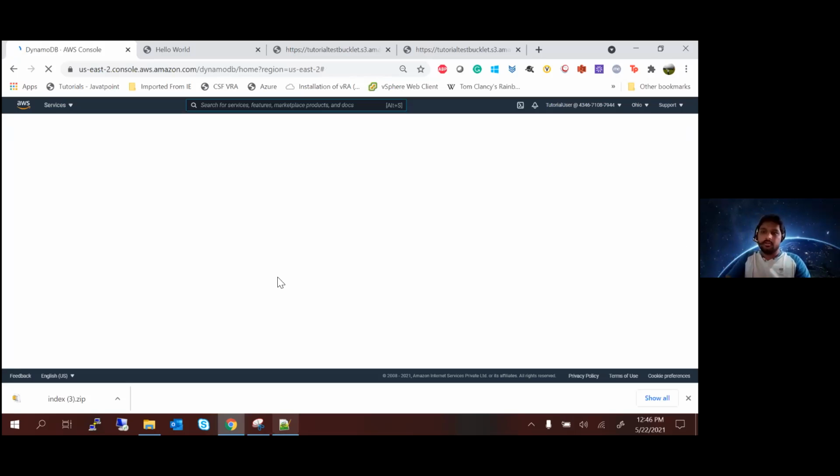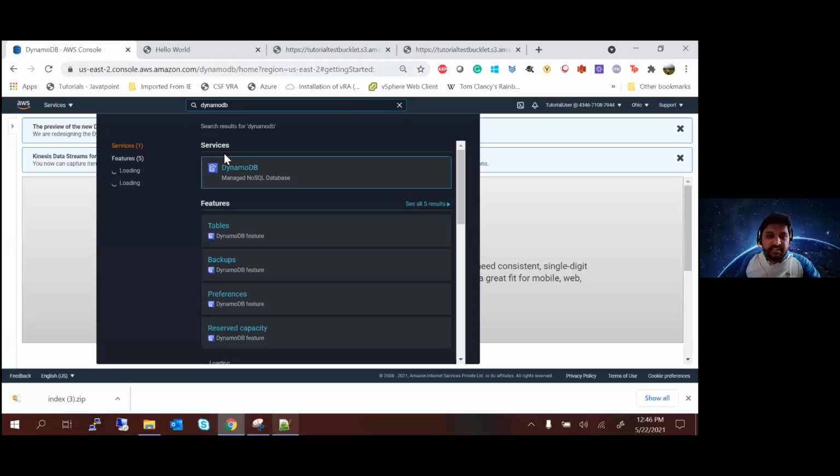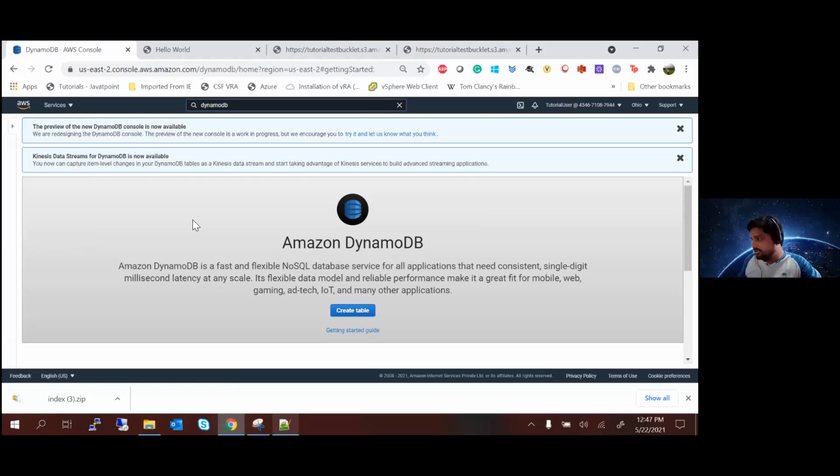Don't try to troubleshoot or fix anything. So search for DynamoDB, I'll just paste it in the chat. This is what you should search for, and as soon as you see DynamoDB at the top, just click on it. It should open this view.